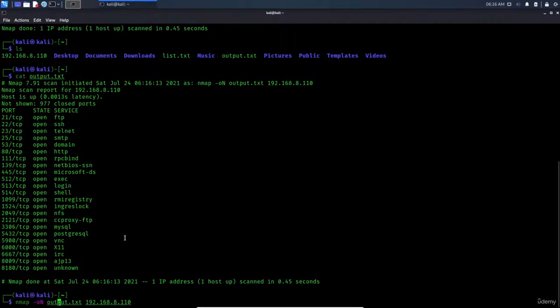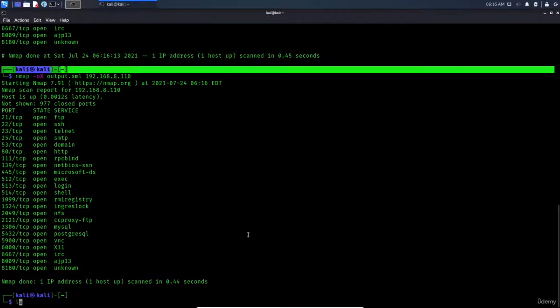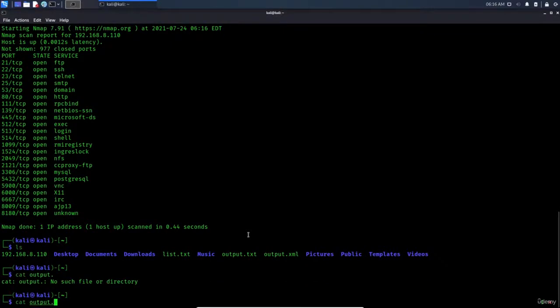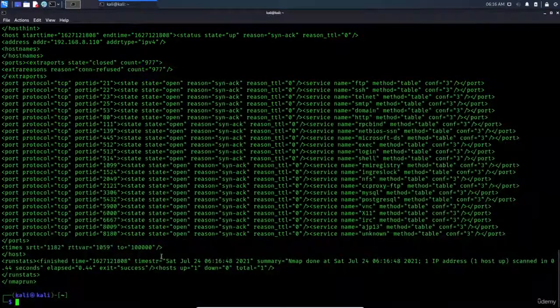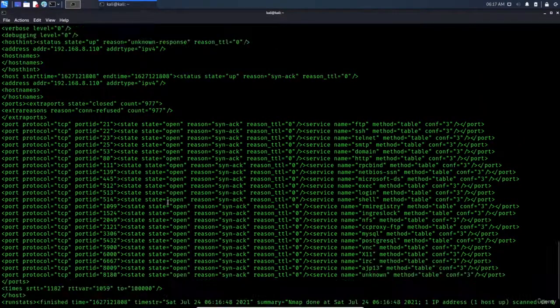So let's increase the font size a little bit. So output.txt, and here is the IP address, and we can put an X instead of an N, and here instead of txt, XML. So if I type here cat output.xml, we can see that this time it is in the form of XML. Now it depends